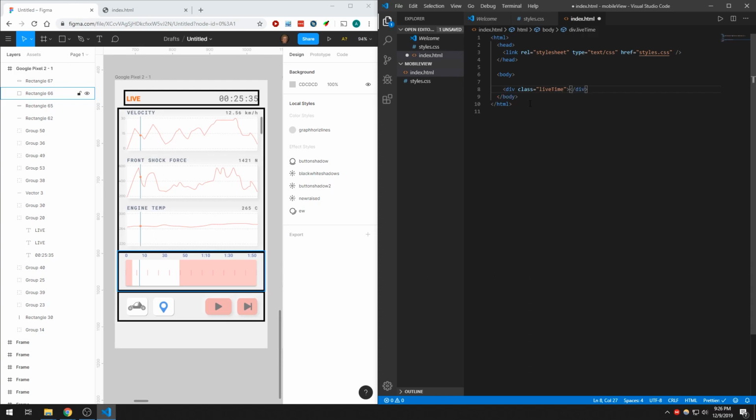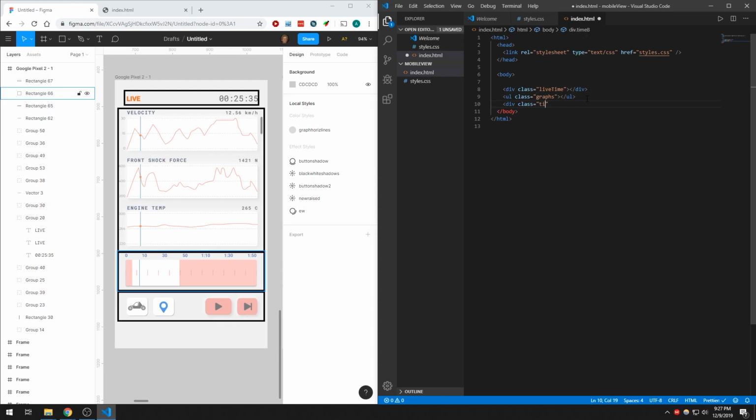And then we'll just do that, and then we'll close it, and we're going to make another one, div class equals, and this actually is going to be a UL. Let's make this a UL, an unordered list, and then class equals graphs. Okay, most of them are graphs, and then we're going to do div again, and then we're going to class equals,